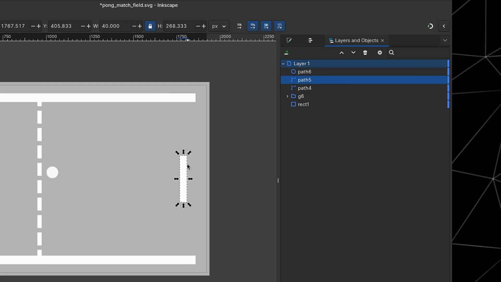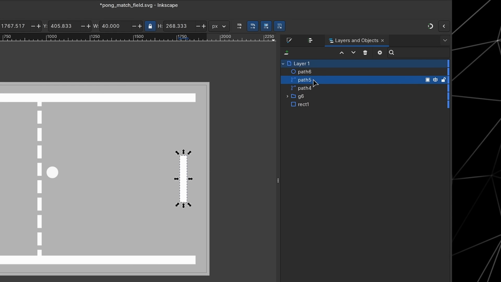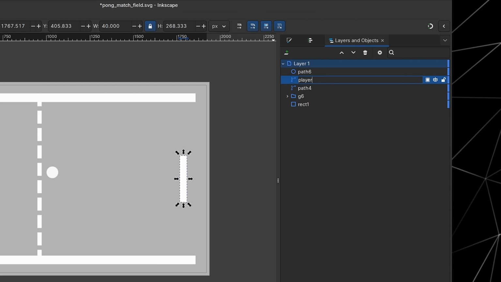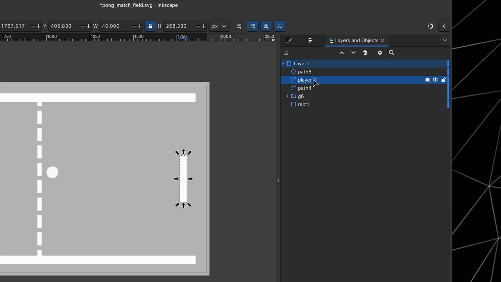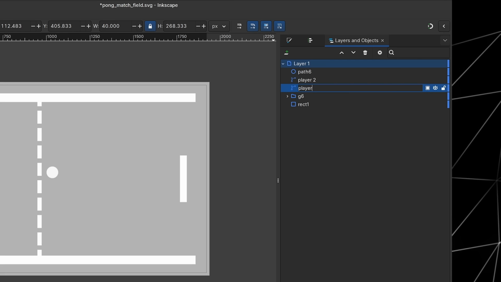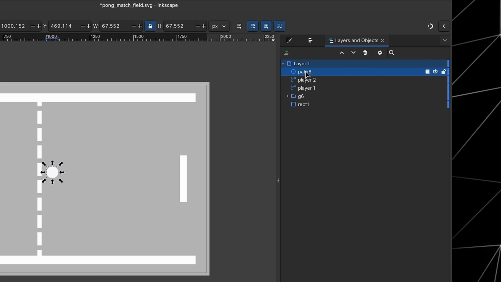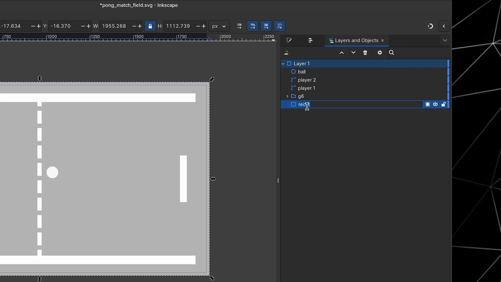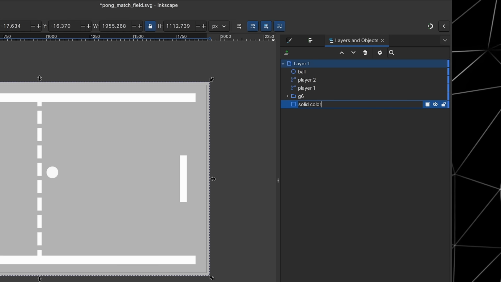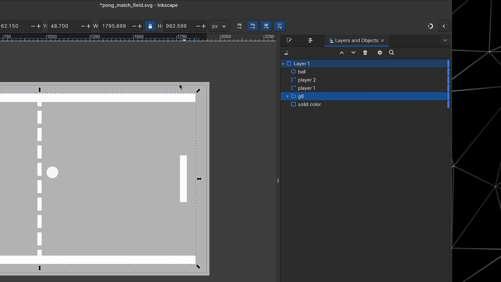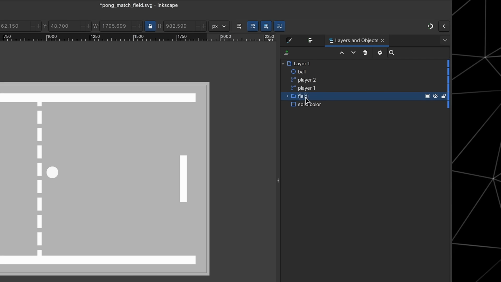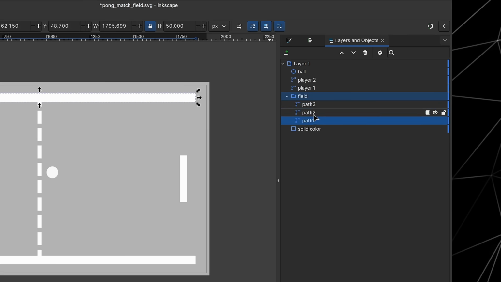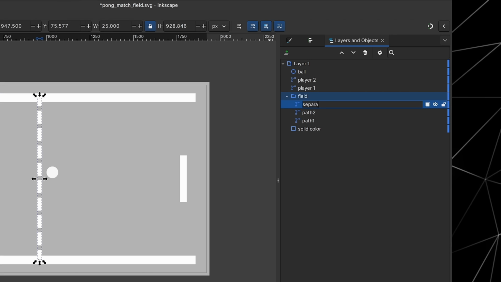So for example, this right paddle over here, I can rename it to Player 1 or Player 2. This one on the left, I'll call it Player 1. This over here, I'll call it Ball. The background, I guess I'll call it Solid Color. And for the field, I'll call this Field. And inside of it, I'll rename this to